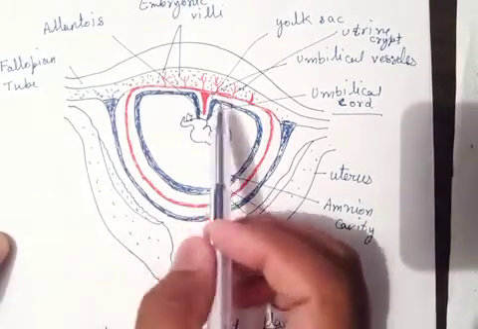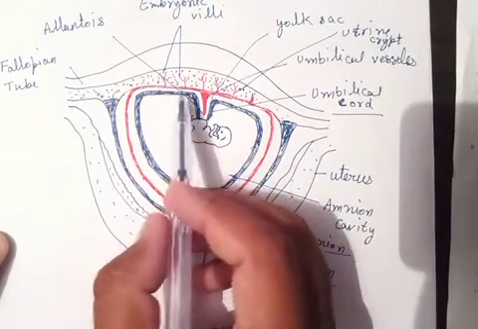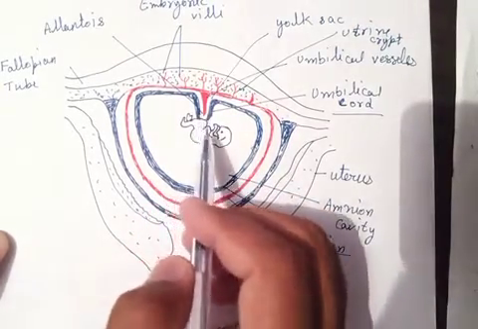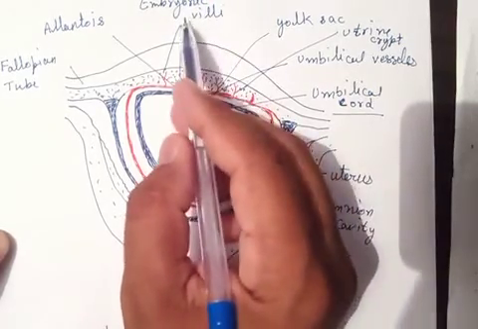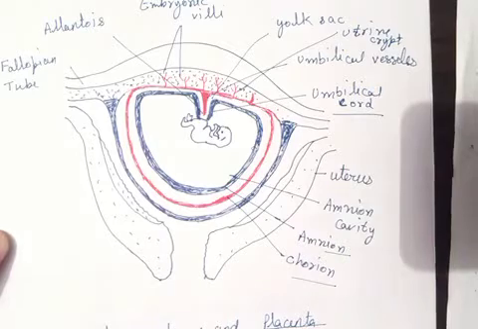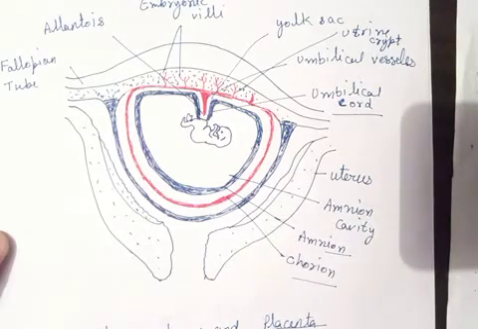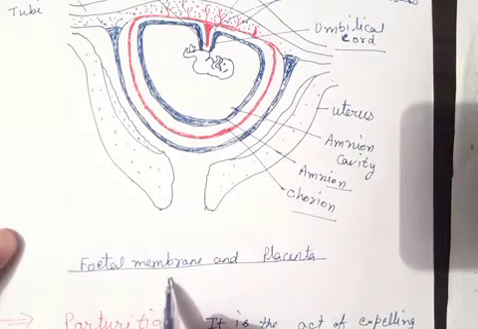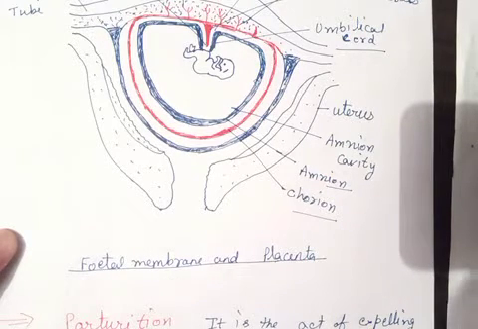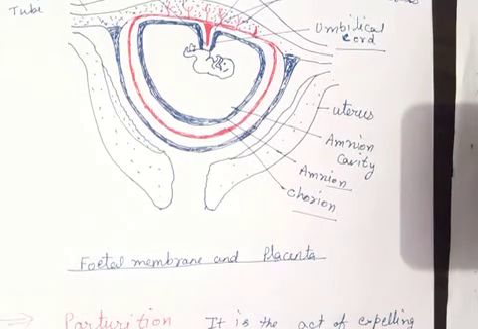Next, the embryonic villi are finger-like structures which appear at the embryo, so they are known as embryonic villi, which arise from the embryonic disc structure. So this is all the arrangement between the placenta and fetal membranes. Now we will discuss the next step.